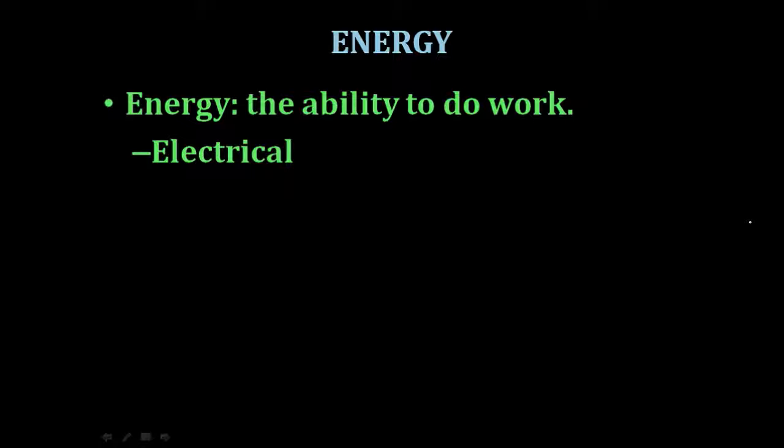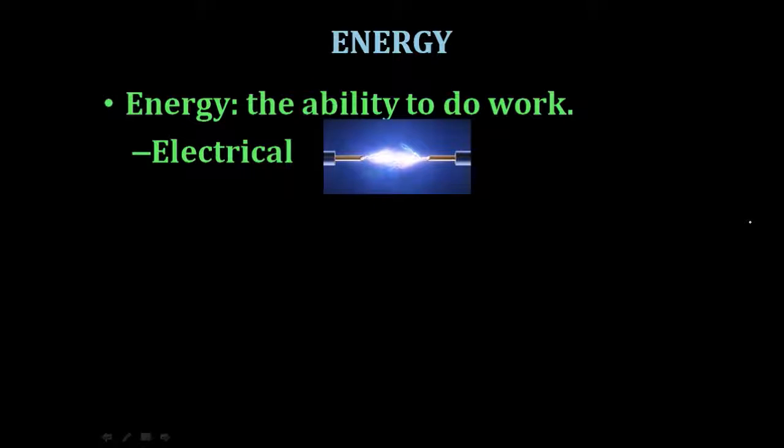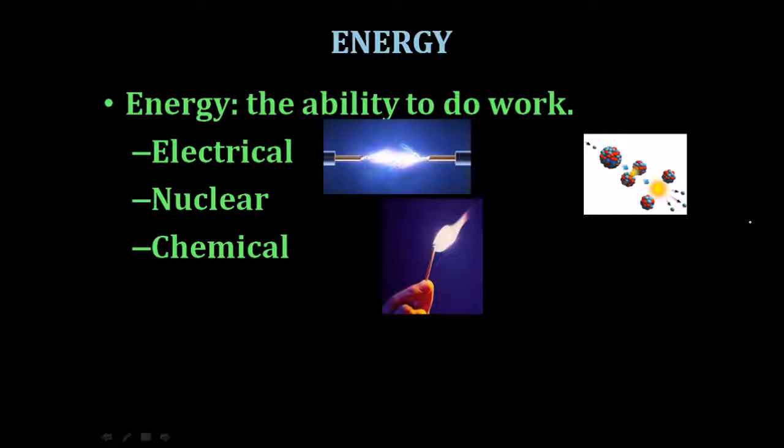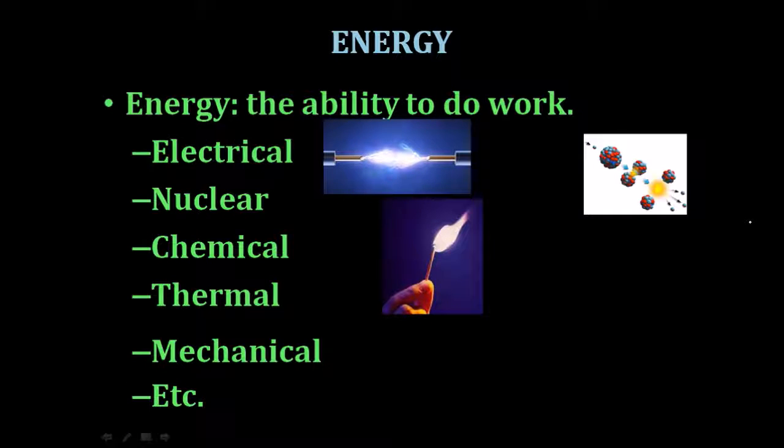There are multiple kinds of energy out there: electrical energy, zap, or we can also have nuclear energy. This is a diagram of a neutron entering a big old atom and causing it to split, which gives off a bunch of energy and 3 more neutrons to keep the chain reaction going. Chemical energy is where elements or compounds combine or break apart in some way. When you light a match, the fuel on the tip of the match combines with the oxygen in the atmosphere to create a flame and also create thermal energy. Yeah, heat. That's a form of energy as well.